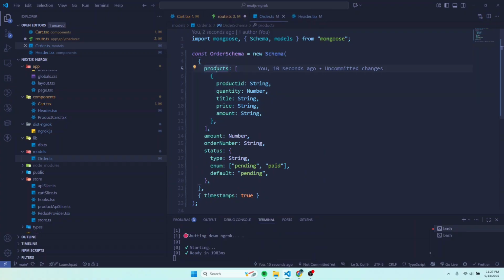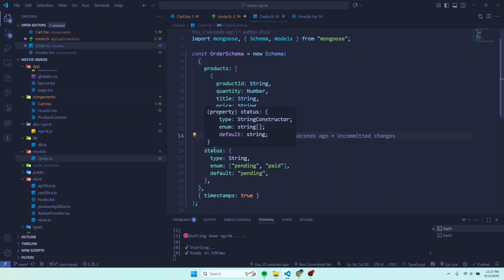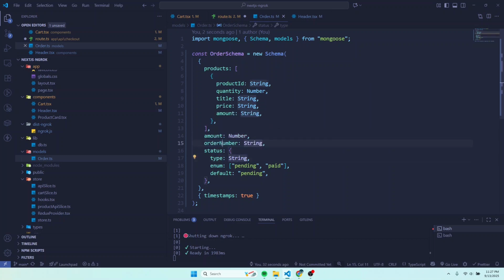The products are going to be an object which has a product ID, the quantity, the title, the price, and the expenditure on the product. Then within the same order, we shall have the amount, which is going to be the expenditure for that order. Then the order number is going to help us